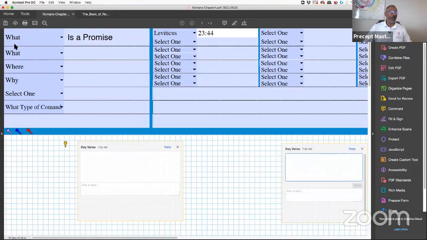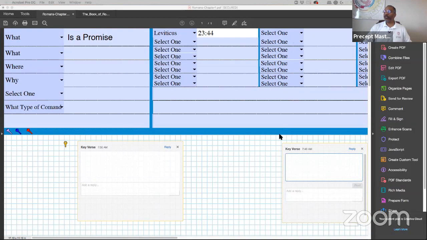Now we just read Leviticus 23:44, and I'm going to read it again just to make sure we have it. Okay, so 23:44, it says, and Moses declared. So Moses declared what? Moses promised unto the children of Israel the feasts of the Lord. So this is where we know how this is coming off as a promise. This is a promise that was going on.